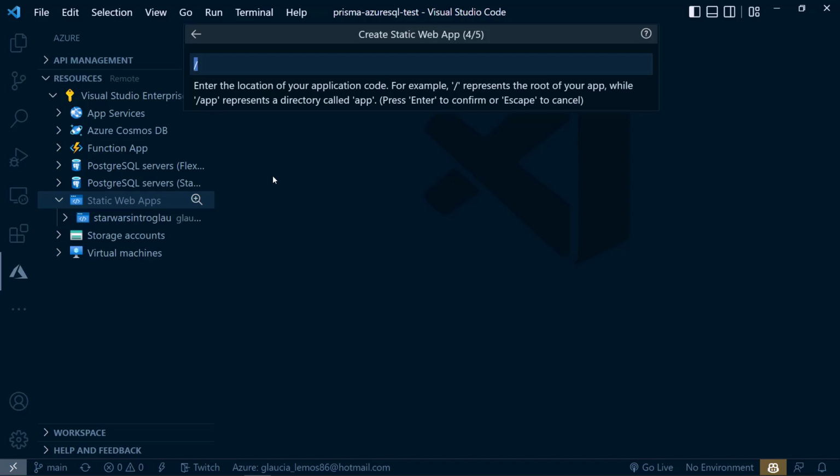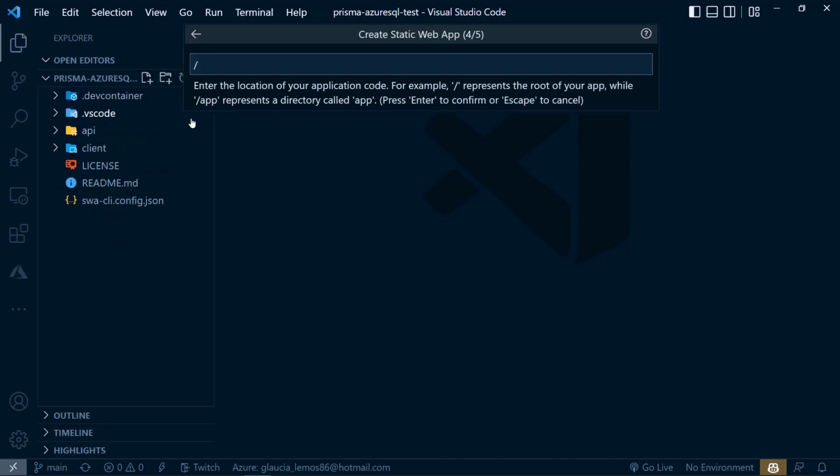Here I have to enter the location of my application code. In this case, it is the directory of the client side. As you can see here, we have this folder called Prisma-Azure SQL-test. I have to go inside this folder, into the client.